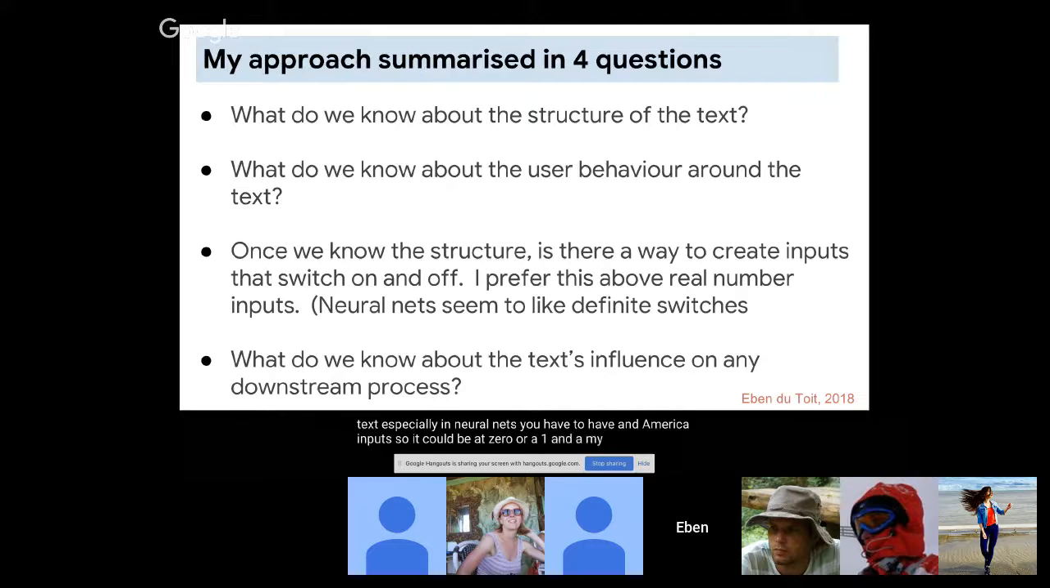And in my opinion, I prefer 0s and 1s above real number inputs, because you could generate a wide